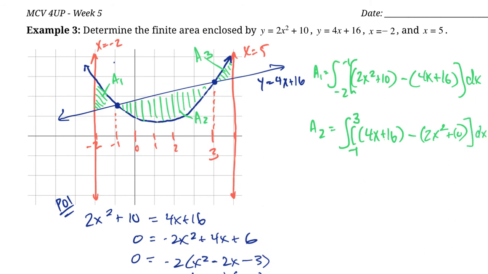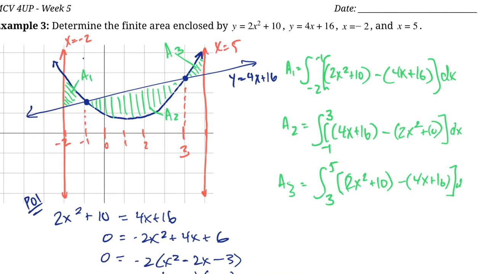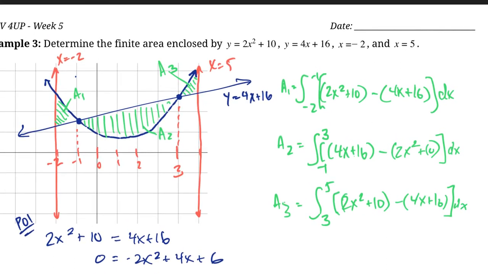dx. And then our a3, the quadratic is back on the top, and that's between 3 and 5, right? So that's going to be 2x squared plus 10 minus 4x plus 16 dx. Don't forget about the dx. Oops, dx. So if we do this whole calculation, we end up getting that the first part is 14 over